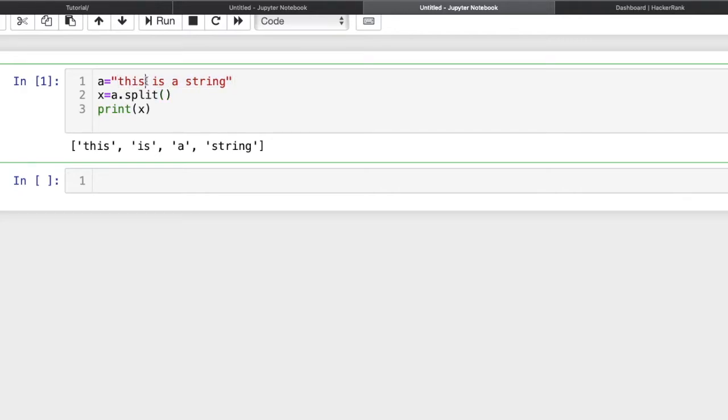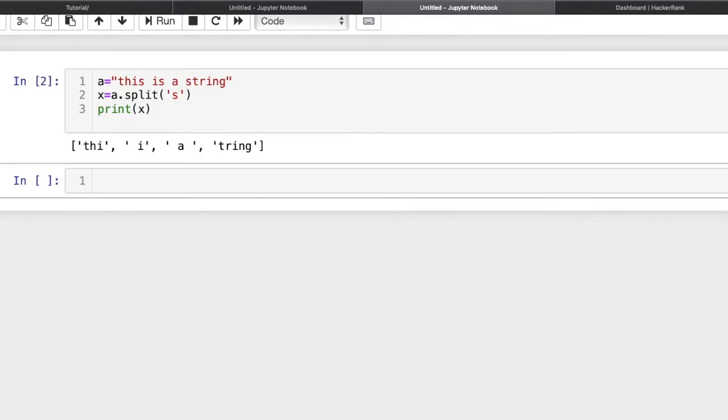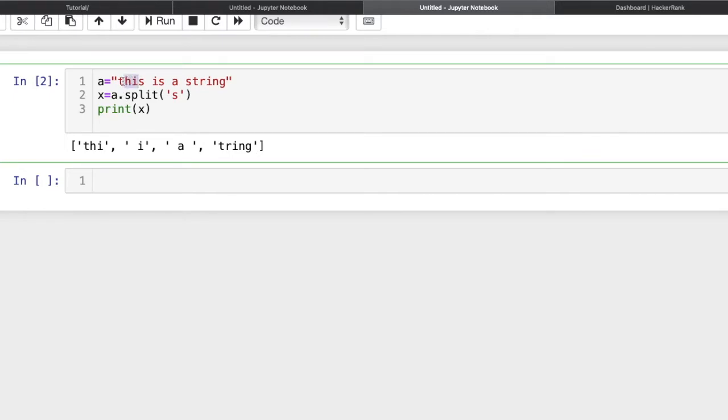So this was my very first space, so this is the very first substring, this was the second space, and this is the next substring. Now suppose I am passing one delimiter. For example, suppose the letter s has occurred a lot. Let me pass s. Now you can see the output. We got the very first substring as thi.